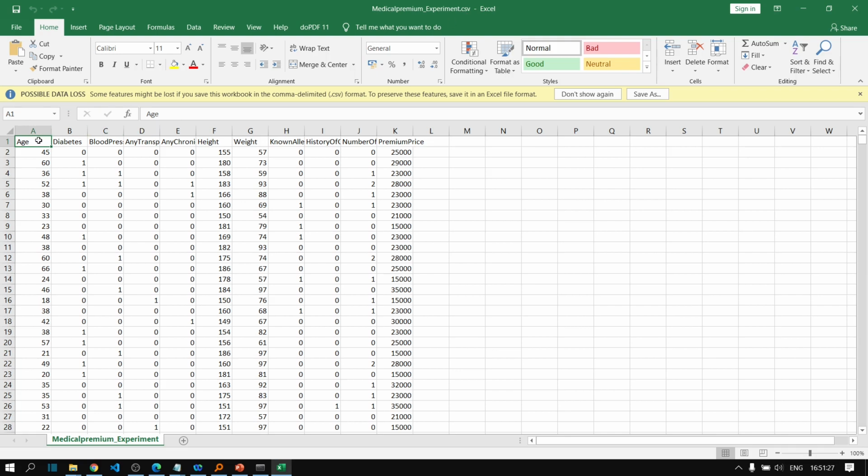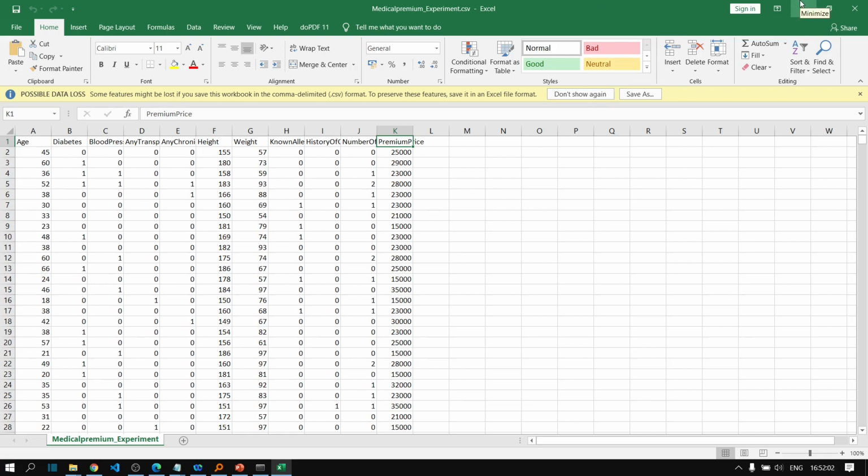It has these columns: age, diabetes, blood pressure, any transplants, any chronic diseases, height, weight, known allergies, history of cancer in family, number of major surgeries, and then premium price. Now how can we import all this data from this CSV file to our pandas object?